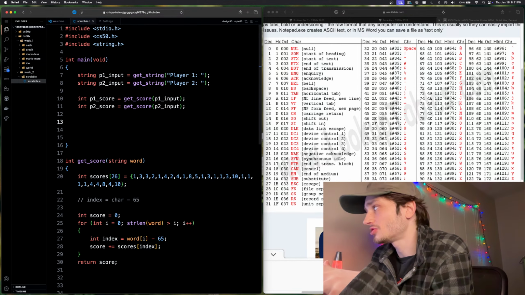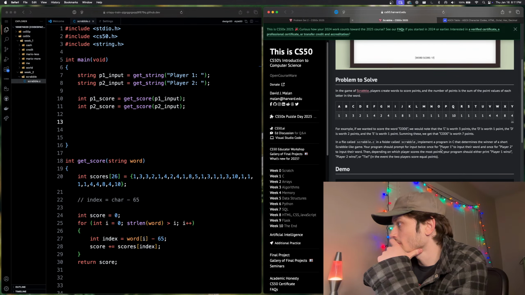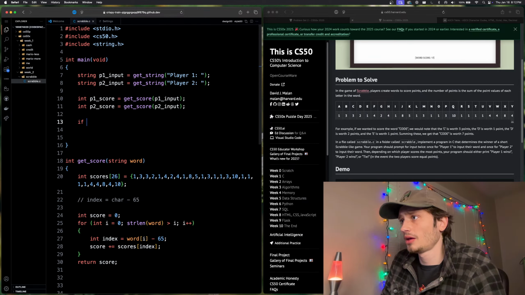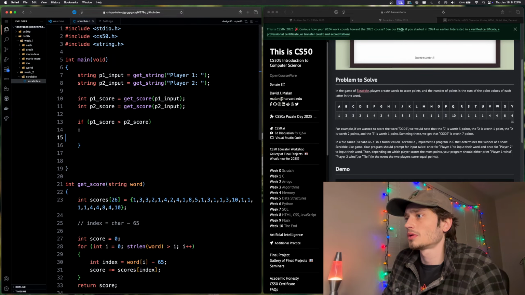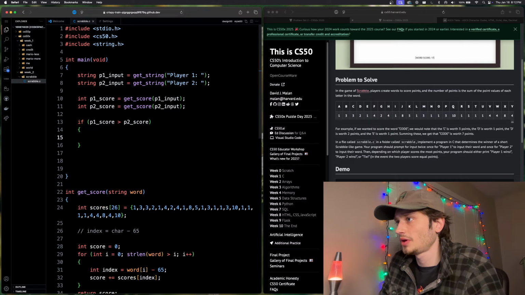Okay, so we need to evaluate these scores now, right? So let's go back to our problem. If player 1 is bigger, player 1 wins, else player 2 wins. If they're equal, tie. Okay, great. If P1 score greater than P2 score, right? We need parentheses. If it's greater than P1 score,